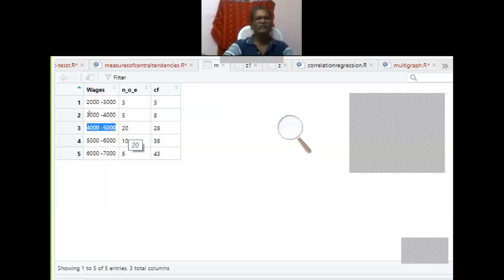We can never find the median automatically. We have to give the expression. So once we find the position from the cumulative frequency, the lower limit is 4,000, the frequency is 20, and the previous class cumulative frequency is 8. So we are going to make use of 4,000, 20, and 8. These three elements are required for our calculation.